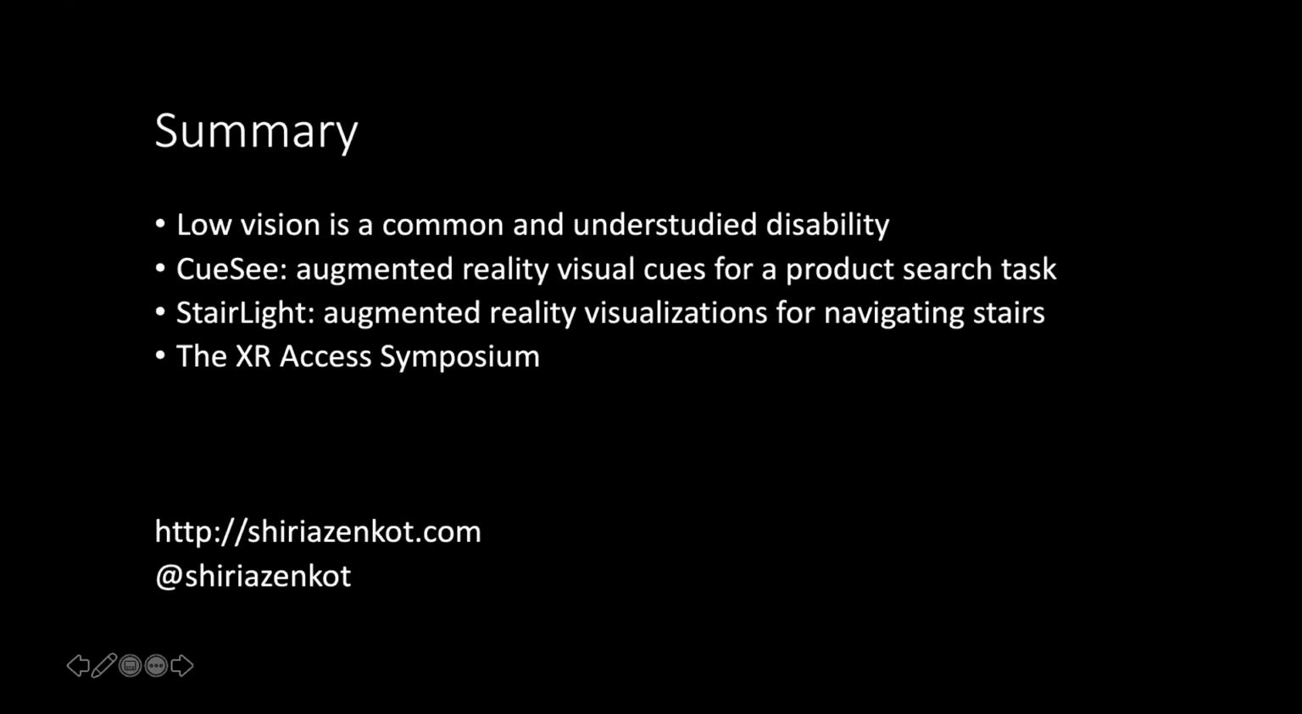Just to summarize, I talked about low vision, which is a very common and understudied disability where people do have some functional vision, but it can't be fully corrected with any existing tools or medical procedures. I showed you two applications, two types of visualizations where we leverage some computer vision technology to enhance the user's perception in a certain task. There was QC, where we augmented people's environment for finding products on a grocery store shelf, and Stair Light, where we added augmentations to stairs to help people navigate more